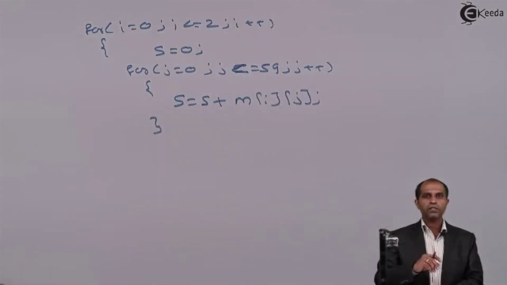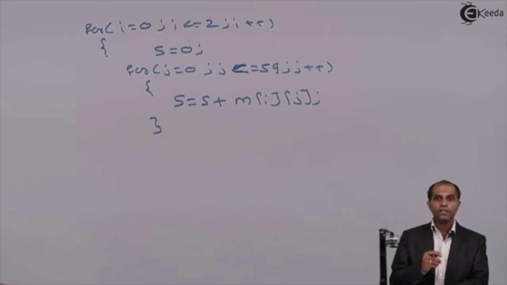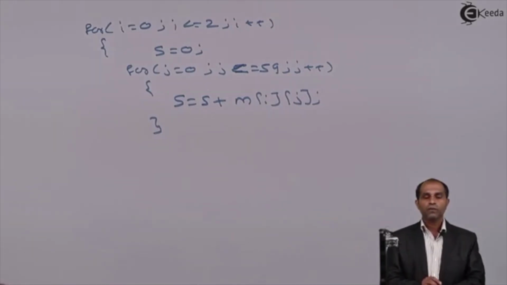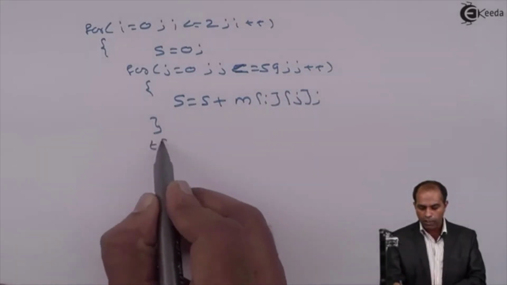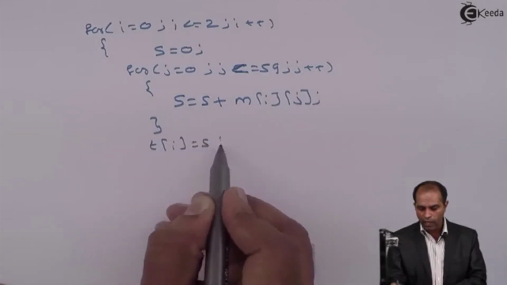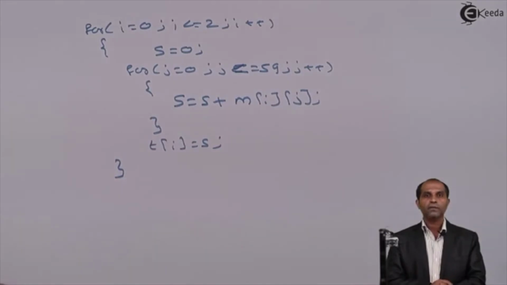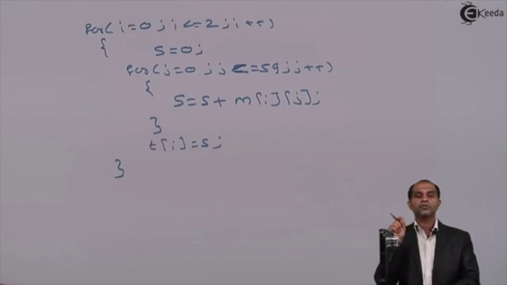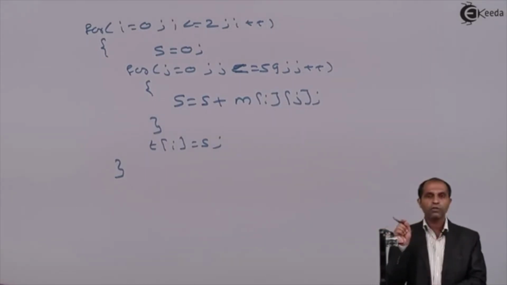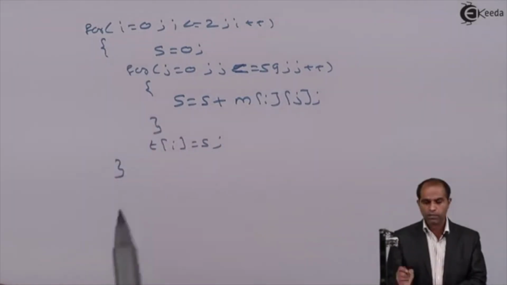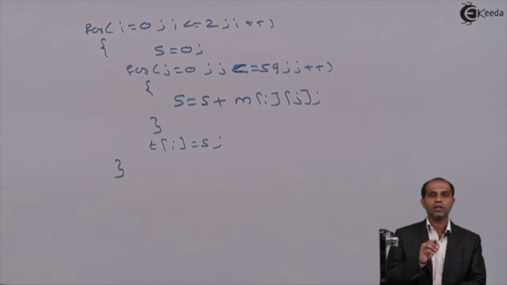But if I use the s value for the second time, the value of s is reset to 0. For that, I'll copy this particular value into t[i] as s. So s is now stored into t[i]. All the totals of the first subject are now stored into t[0]. The second subject is stored into t[1]. The third subject is stored into t[2], and so on and so on. So if I have 3 subjects, this will just find the total and store it.